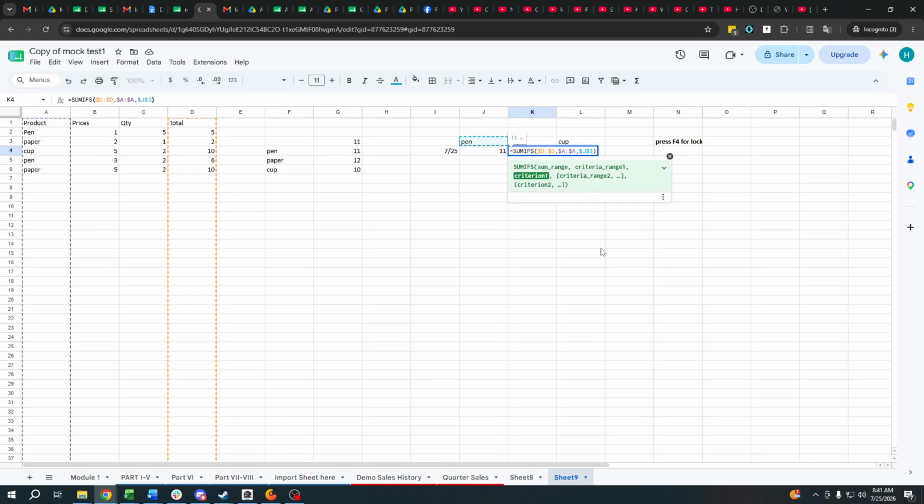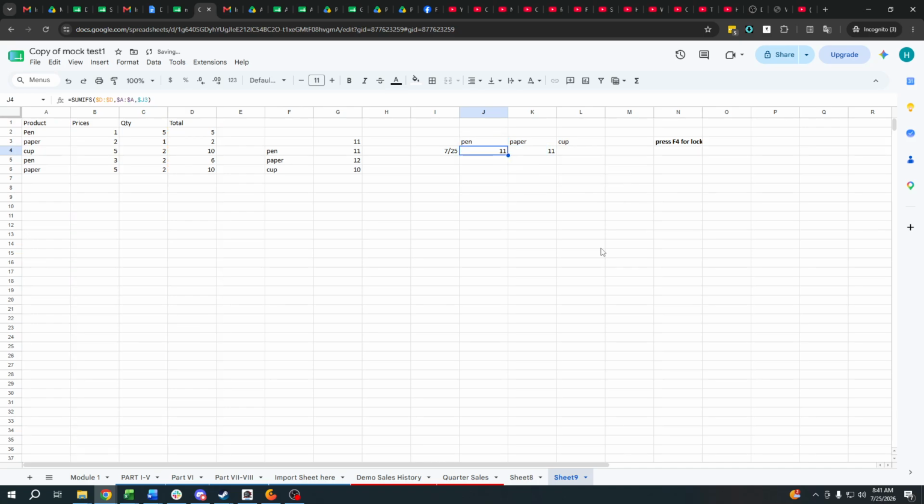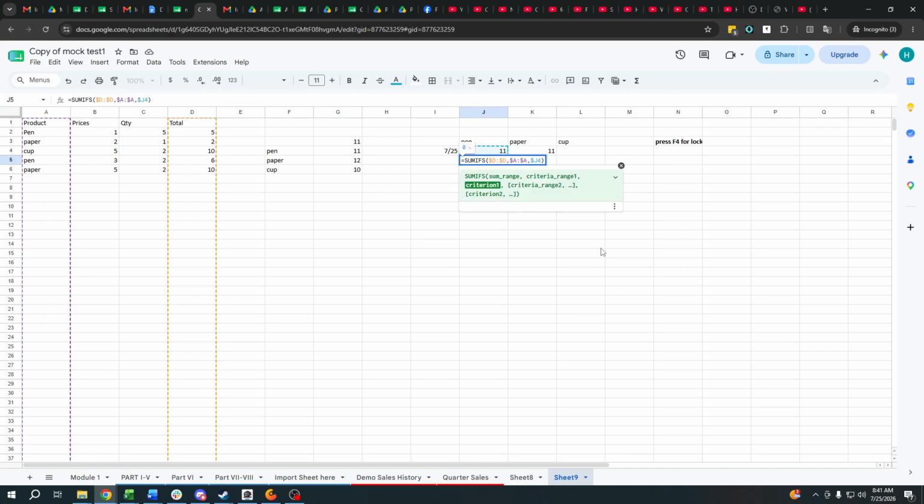If you remove the 3, it's still not correct because as you can see it's J3. If we copy this formula to below this one, and it's pointing towards 4, it should be J3.